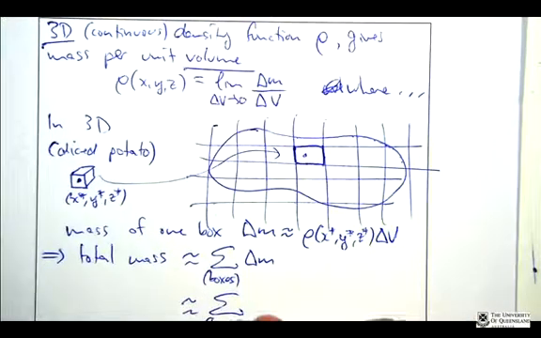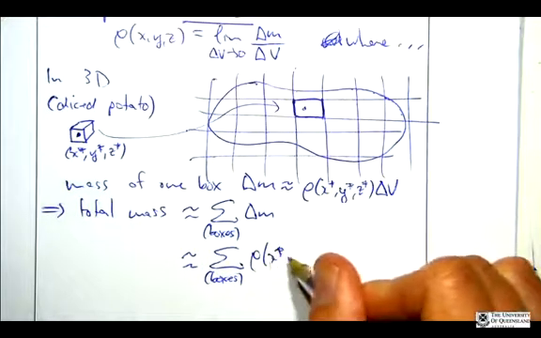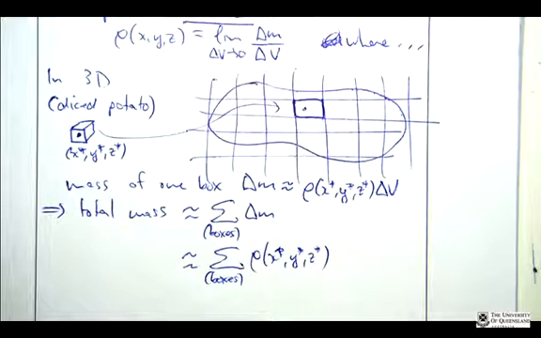This is just the sum over all of those boxes of rho, so the density function, at all those representative points inside each box, times the volume. All right, so we've worked out the mass of one box. Okay, so we just repeat that process over all the little bits of diced potato. And this gives us an approximation to the total mass, which is just the sum of all of those potato cubes, summing up over the masses of each potato cube, where each mass is given by a density function